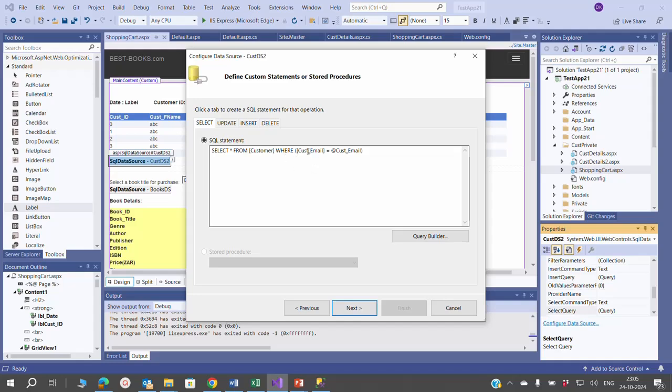The parameter is customer email. We will use this cust email parameter that we have created here to identify the customer who's logged in. So we will again use the same property, which is your identity dot name property, to pick up